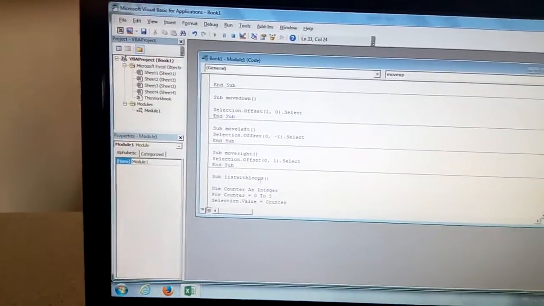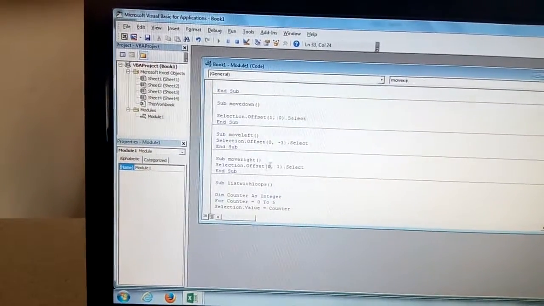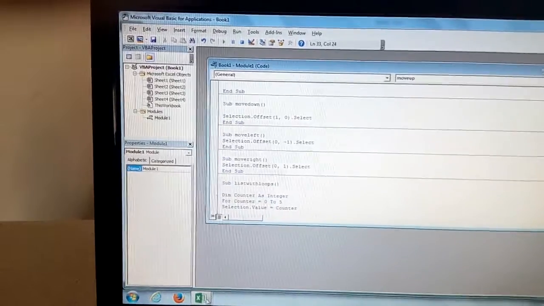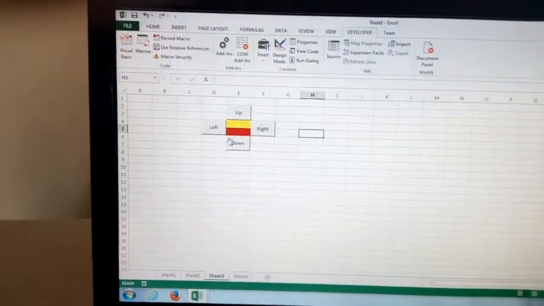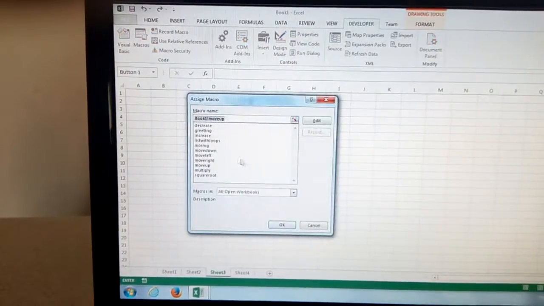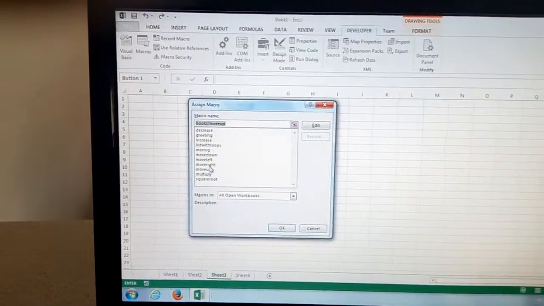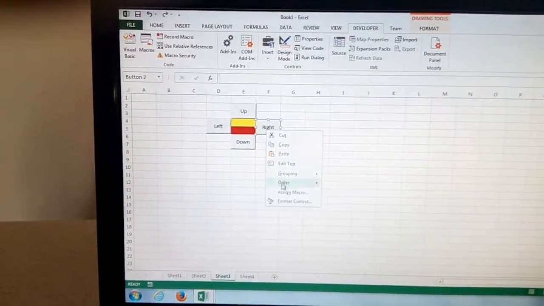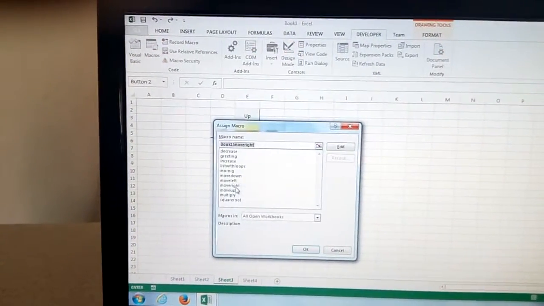and moving left, then right. Selection offset 0, nothing happening on the vertical, but there is a positive here. So when you go back to this, if you select here, you right click up, assign macro, you see move up, this is move up, okay, and you do the same, assign macro, move right, okay,